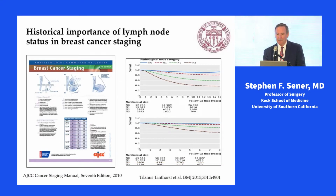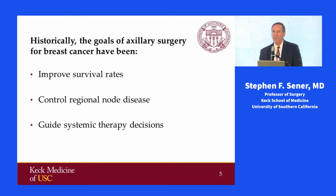So we all know that the lymph node status is actually important, and on the right-hand side you can see that the number of positive lymph nodes is a prognostic feature associated with survival in breast cancer. But if we look historically at why we operate on the axilla at all, we have over the years thought there were 3 things involved. One was to improve survival, another was to control regional node disease, and the third was to guide systemic therapy decisions. But as we know, over the last couple of decades, we have seen information evolve that sort of refutes